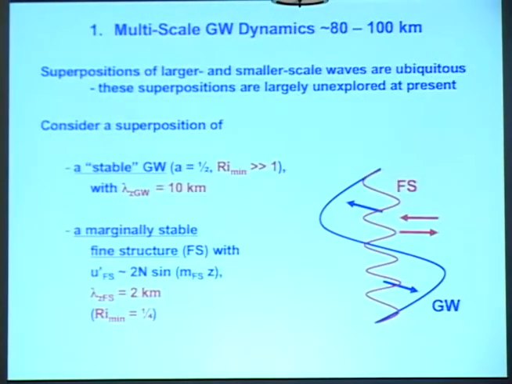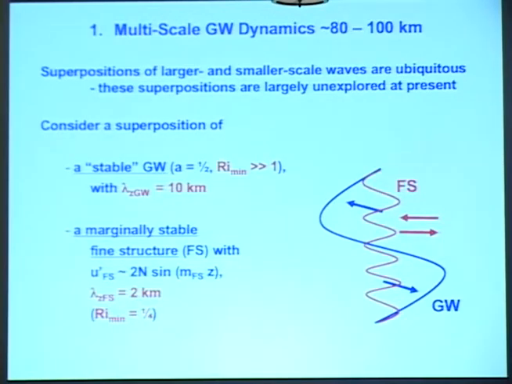So let me first of all comment on the multiscale dynamics. Basically, those of you who do MLT studies are, I think, aware that whenever we try to characterize the state of the MLT, we see typically a superposition of large and small spatial scales, and we see a superposition of low and high frequencies. So almost every time you look, you see something modulating something else.